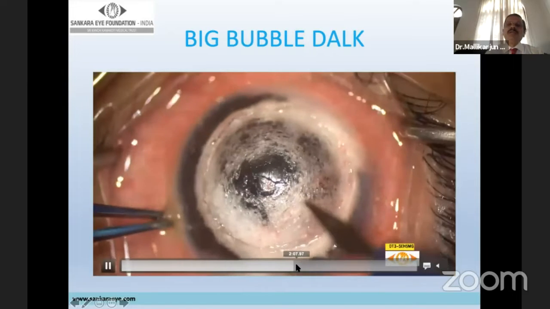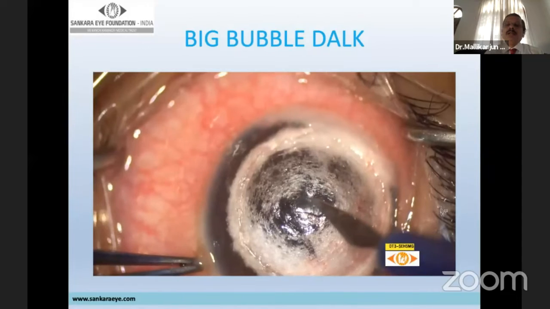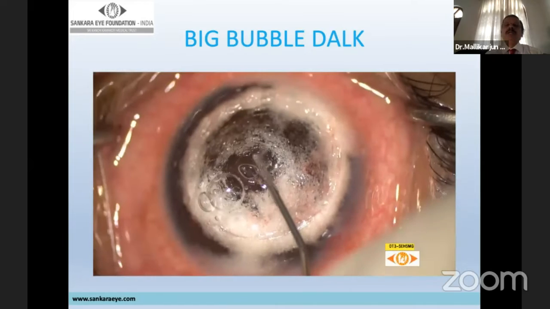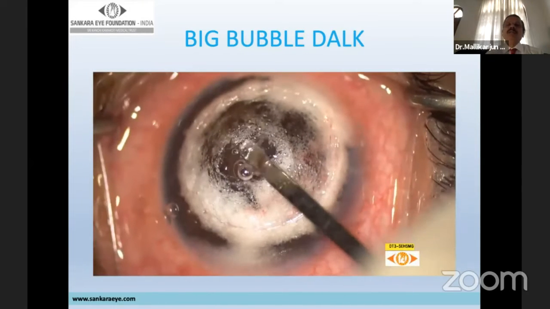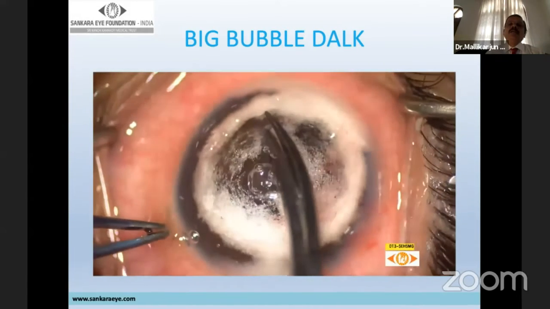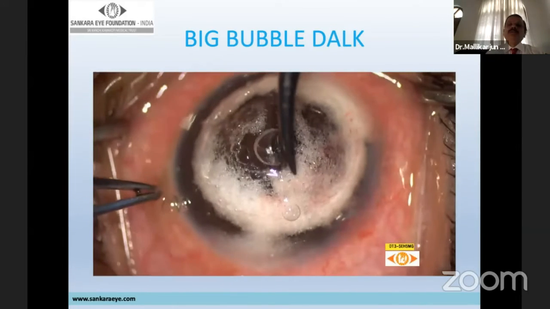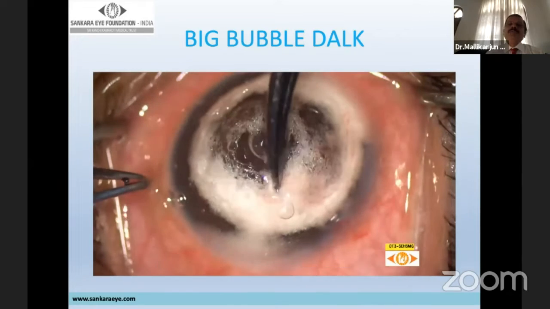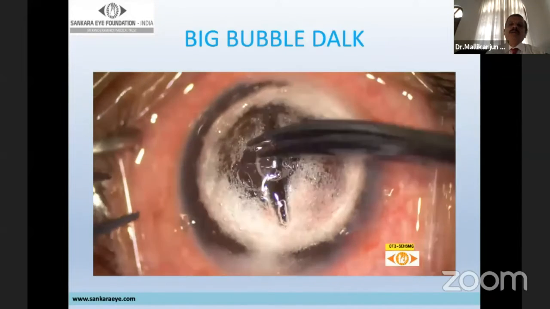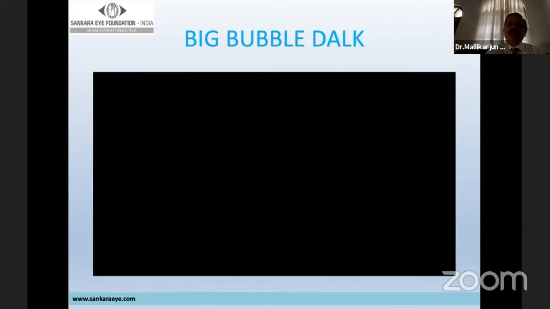Once I remove the stroma, I now release the air bubble with the help of a sharp instrument. Now the air bubble has been removed, and there is an interface between the stroma and the pre-Descemet membrane, that is the Dua's layer. Now it will be very easy to cut open the stroma. If you make a 2-4 quadrant cut, then it would be very easy to remove the whole of the stroma. I make a 4 quadrant, plus-like section here.